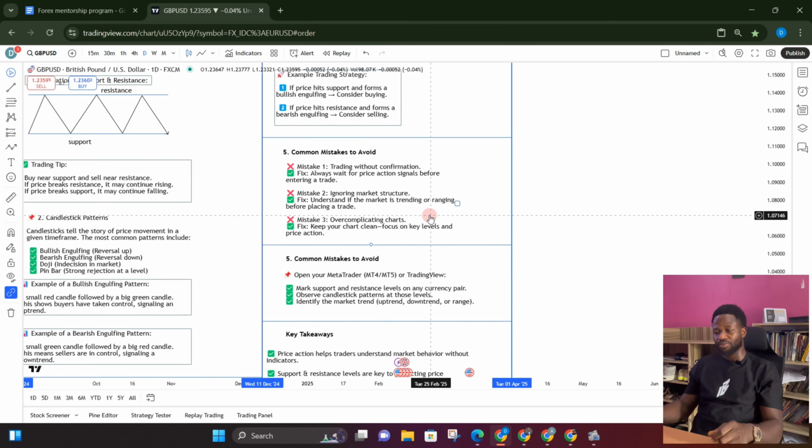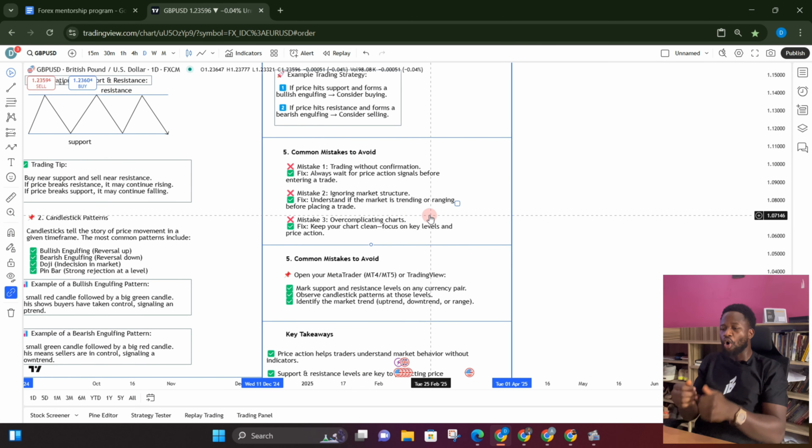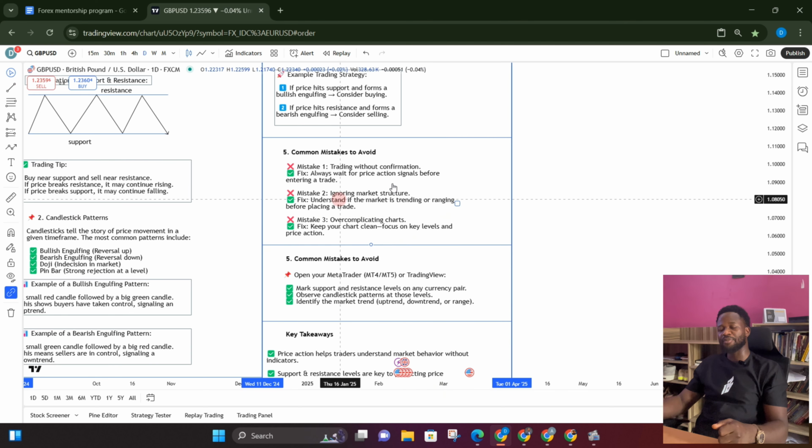Number one, people trade a lot without confirmations, especially those ones that happen at the region. They just trade in the middle of nowhere. Always wait for price action signal before entering a trade. Number two,